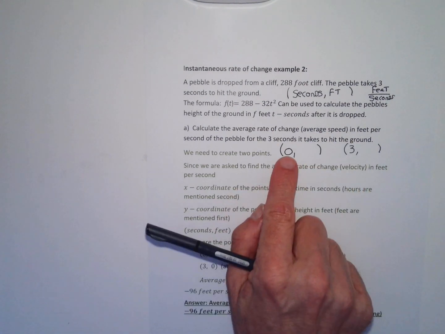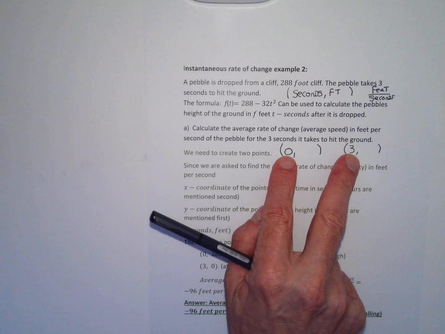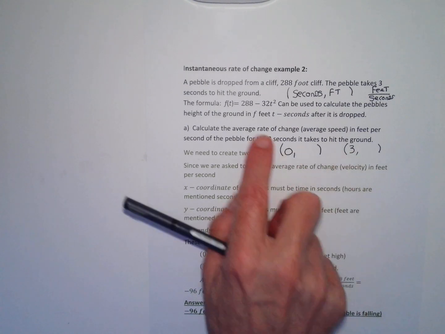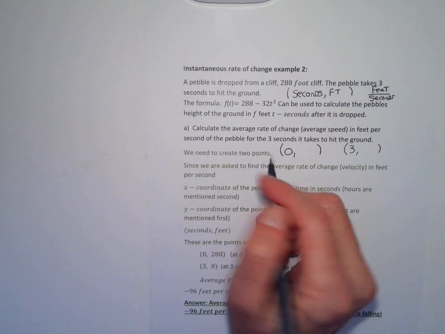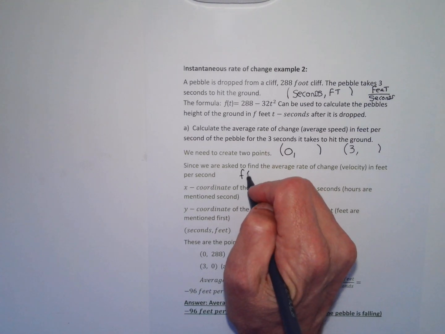So the x's have to be time, and let me get the first y. For the first y, I can plug in 0 and do f of 0,